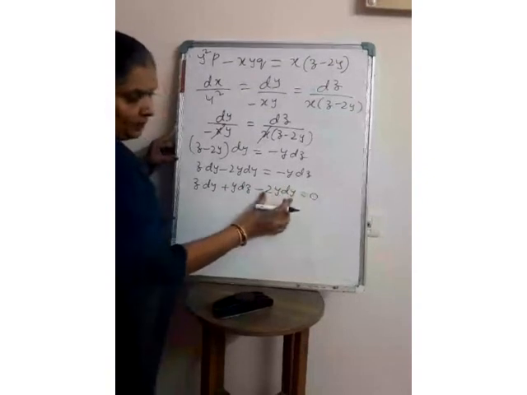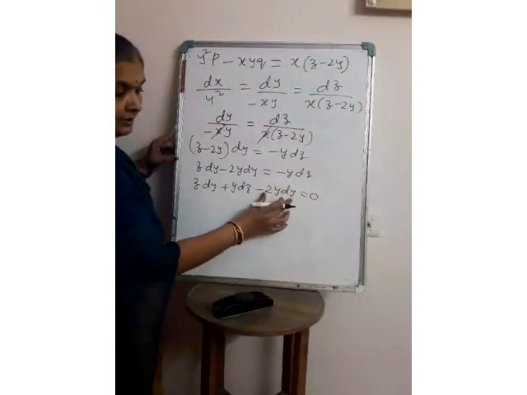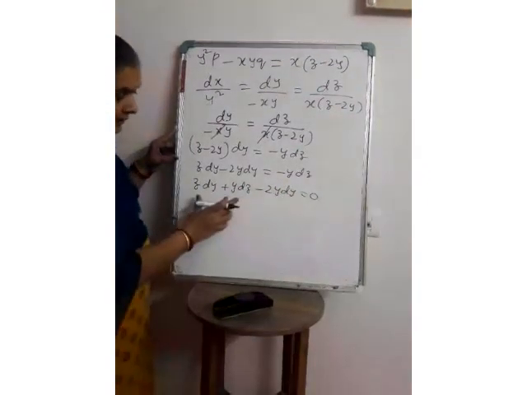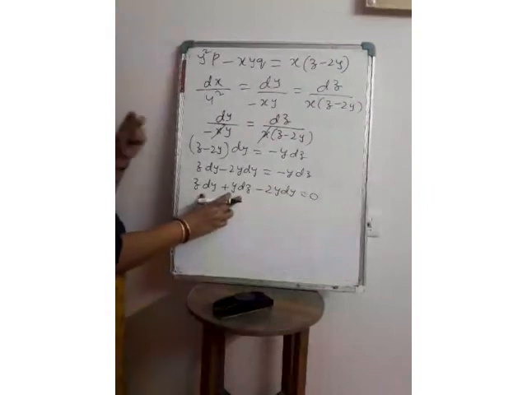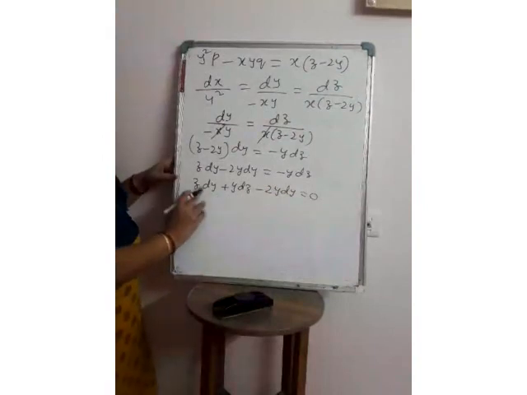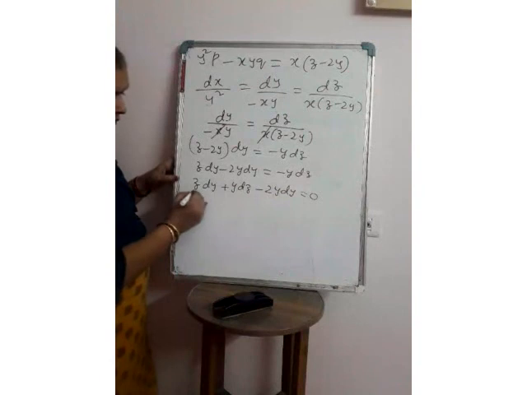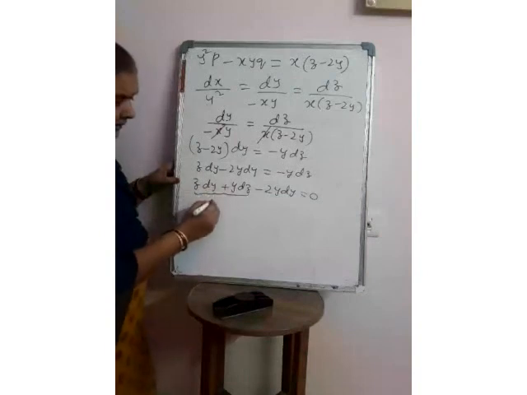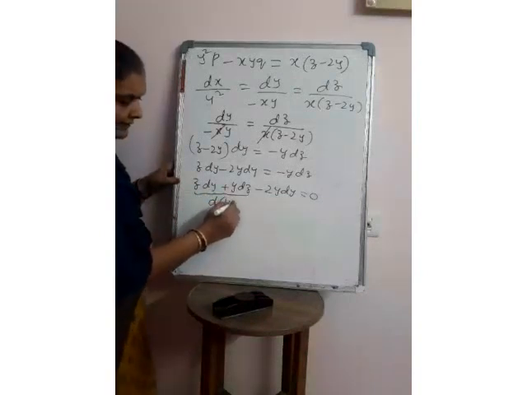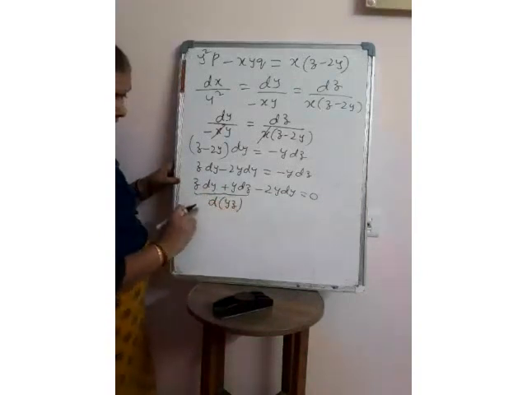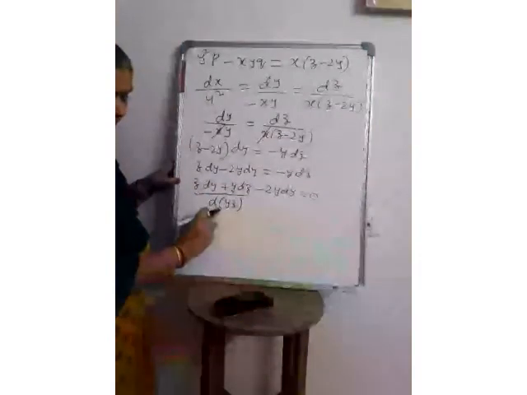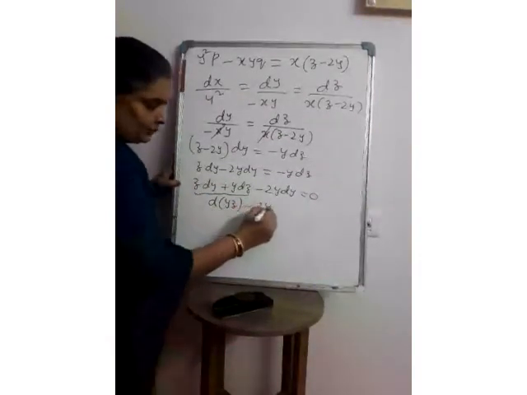There won't be any problem with the last term because this is a pure function, we can directly integrate it. But we got a combination of y and z for these two. These are mixed functions, so you can use another concept and write it as a total derivative. We can write it in the form of z dy plus y dz. Can we write it in the form of d of yz, the product rule, UV rule? So this together can be written as d of yz minus 2y dy is equal to 0.